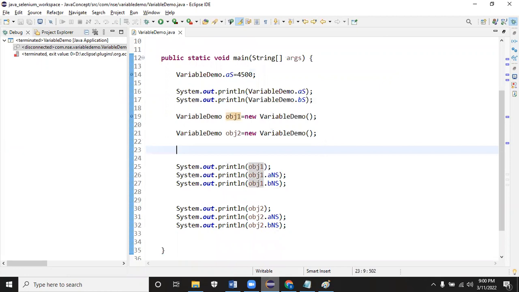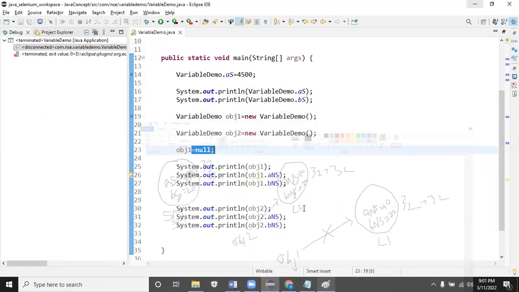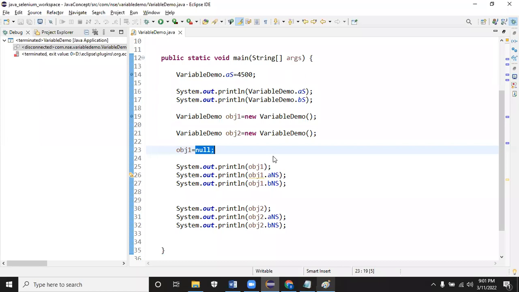Now, let me do one thing. I'll give obj1 equal to null. What will happen when I do obj1 equal to null? Just a few things I'll quickly explain. Just 5 minutes, then we'll wind up the session. Obj is pointing to some address, right? That gets disconnected, and this object will be removed immediately by the garbage collector. Is obj pointing to any address right now? If I make it null,